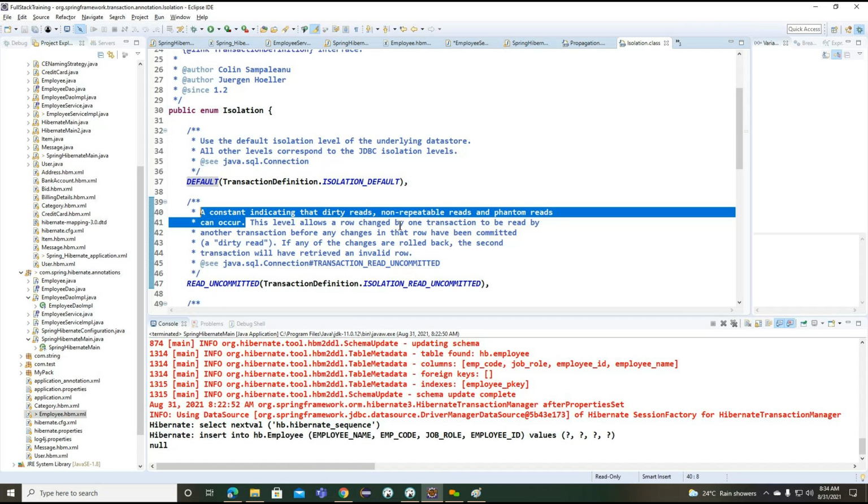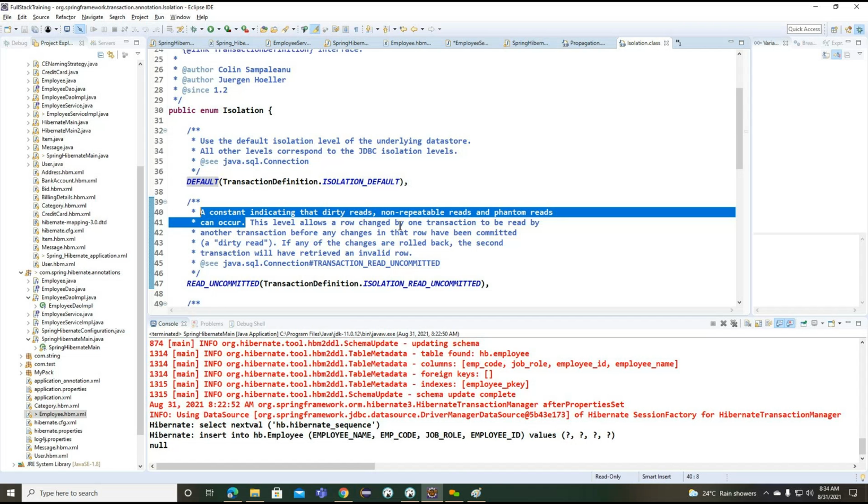But both transactions are not yet committed. If we want this particular behavior, we can go for read uncommitted, where we can read data which is not yet committed.